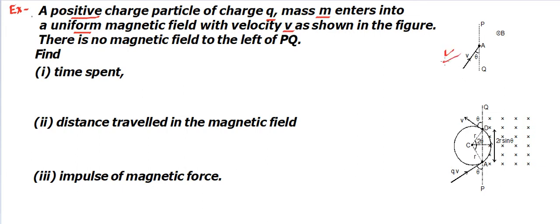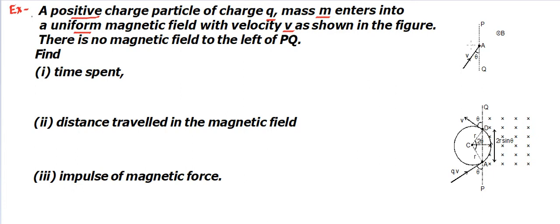This is the figure that has been shown there, and there is no magnetic field on the left of the PQ line. There is zero magnetic field. Magnetic field is only in this zone. Then we need to find the following questions. All these questions depend on the force, what is going to happen, what force is going to